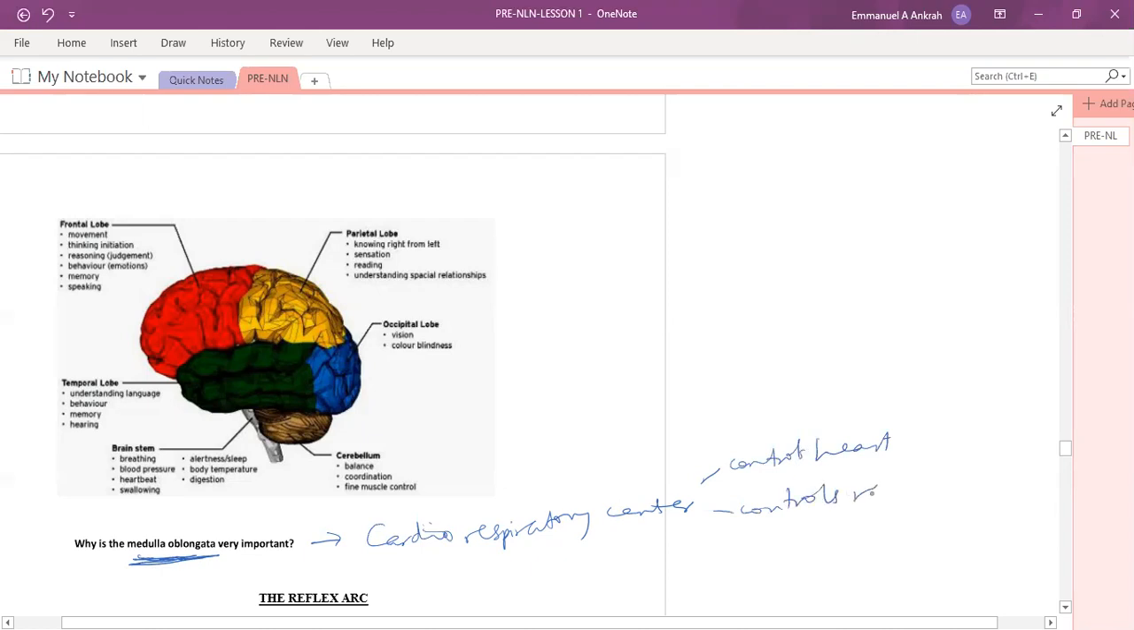Controls respiratory rate. Okay. So that is the function of the medulla oblongata. Okay. So this is again very important